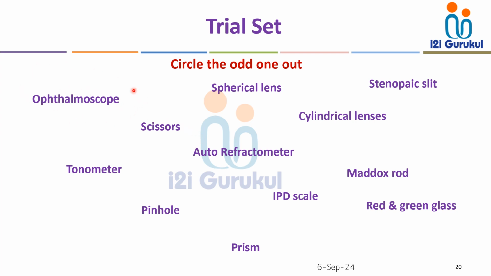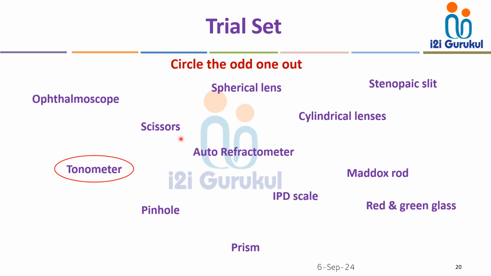Ophthalmoscope is not there in the trial set. The tonometer is also not in the trial set. So pinhole is there, prisms are there, IPD scale will be there, red and green lenses and filters are there, Maddox rod is there. So in this